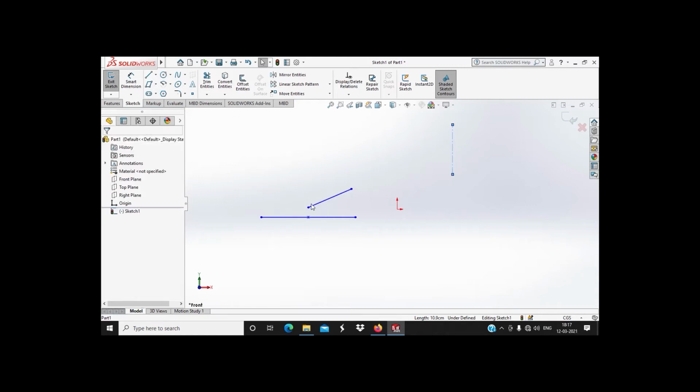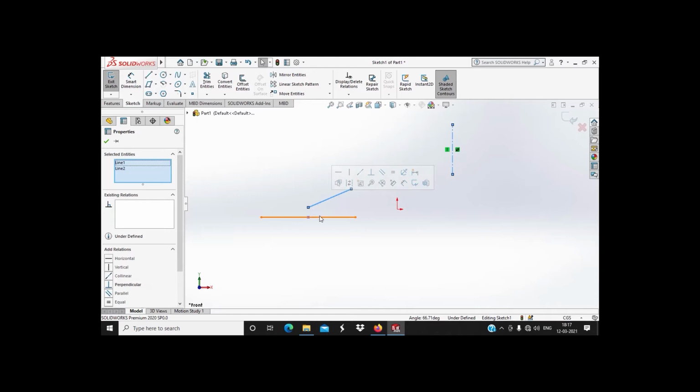Next, if we want to give relation to two lines, first click on one line, and for selecting more than one features or more than one entities, use Ctrl plus left click. Now these two lines are selected.